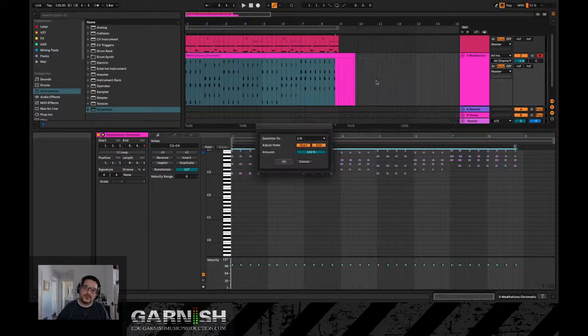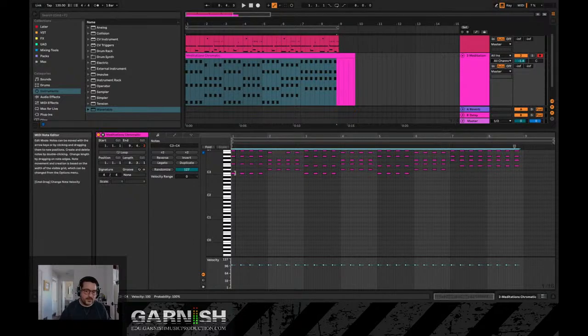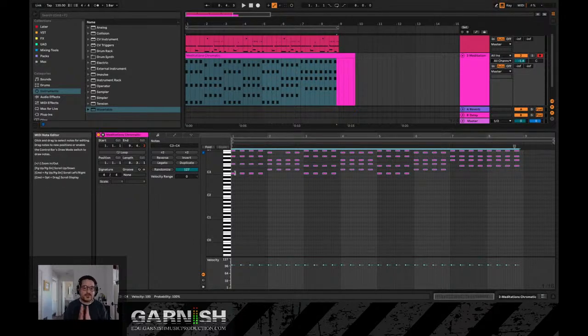say, let's go to the quantize settings. And it'll ask me, what do you want to adjust these notes to? Do you want to adjust them to 8th notes, 16th notes? Okay. And because I'm actually just playing quarter notes, I could go ahead and set it to quarter notes and hit OK. And now you'll see all these quarter notes are being added, but the other thing it's doing is extending these notes out, which is not a big deal because I can click on this brace here and drag them back like this. But now they should be perfectly snapped to the grid. So when I play this back,